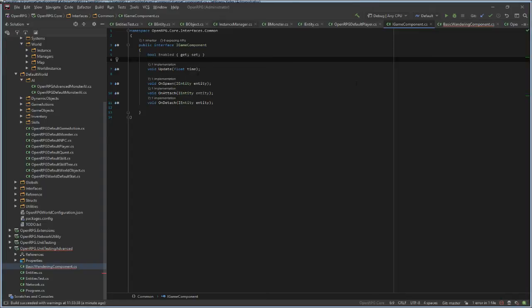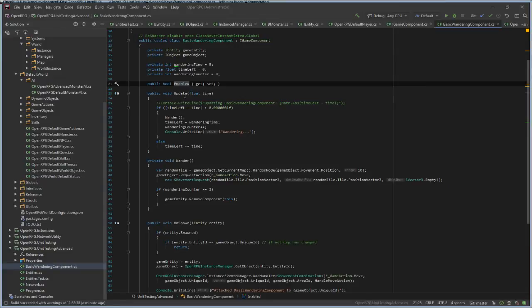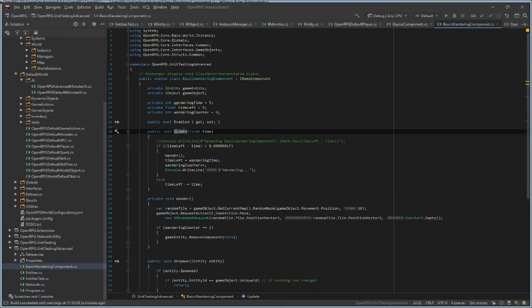So if we have a component that needs to stop updating, stop calling this method for a while, for example, if our AI component is engaging in combat, we will not need the update method.